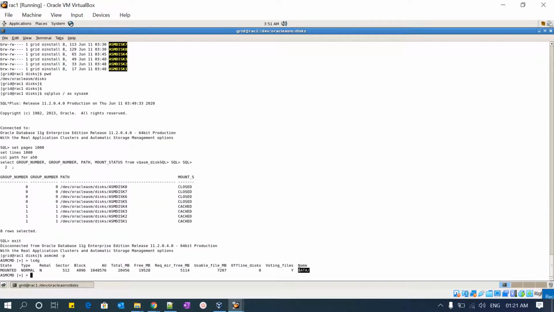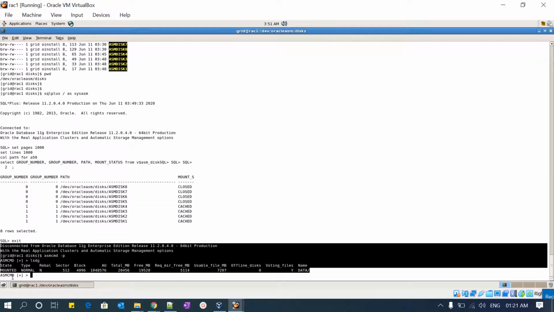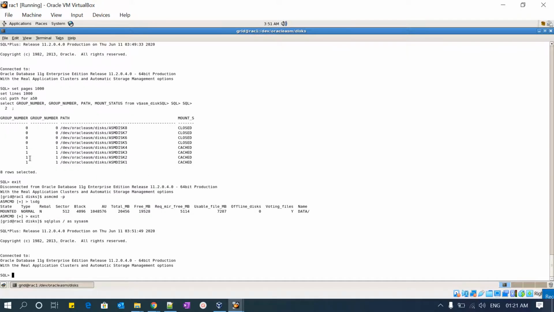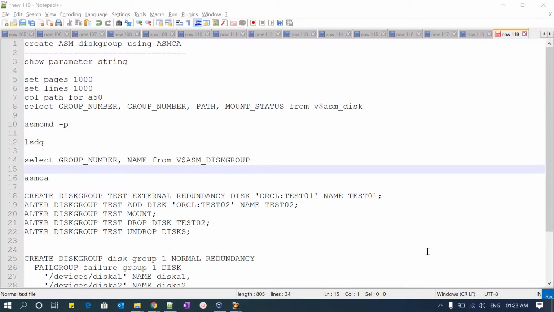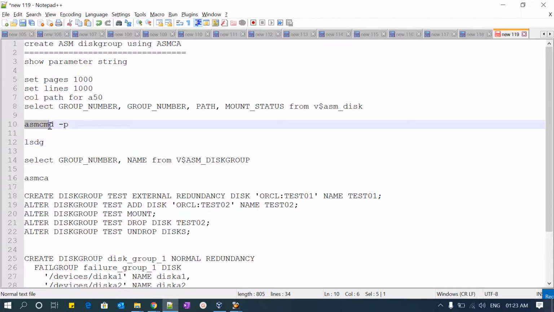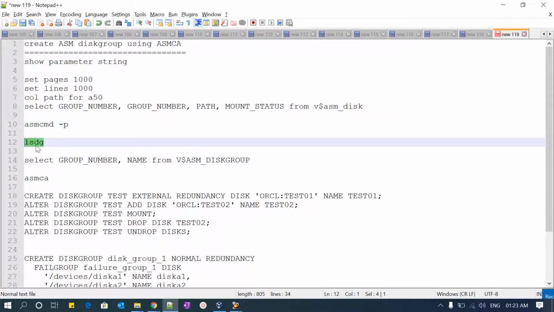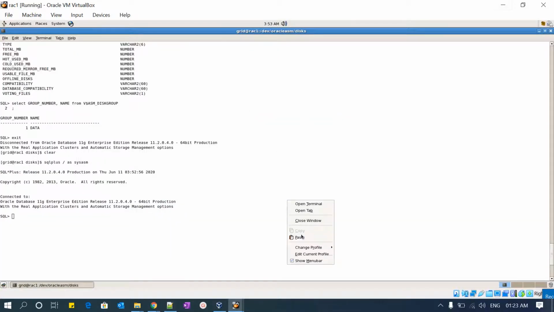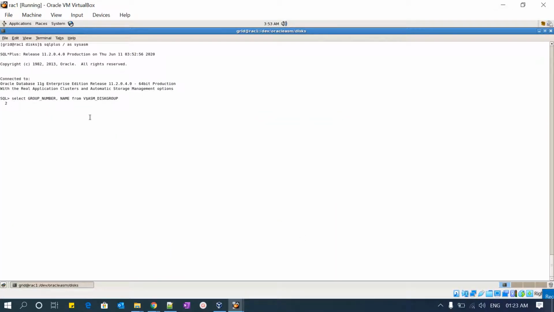I just wanted to show this. You can see the disk group at the ASM command mode, and also at the ASM SQL prompt. We saw using the ASMCMD command lsdg which disk groups are currently mounted, and similarly at the ASM level you can query V$ASM_DISKGROUP. It will tell which disk groups are already created. If you see here, the disk group number is 1 and DATA is the disk group name. It is already mounted and present here.